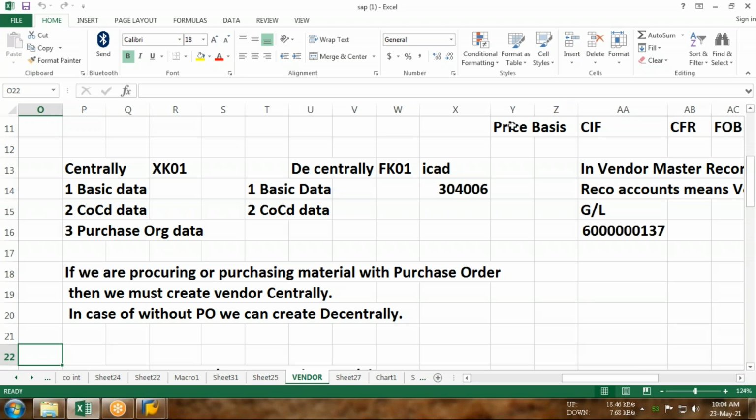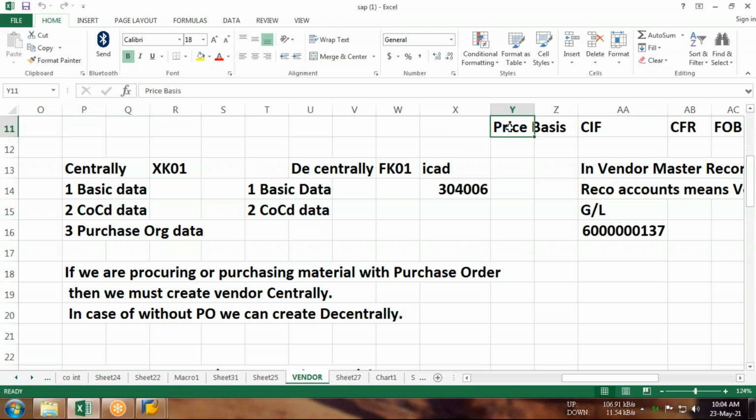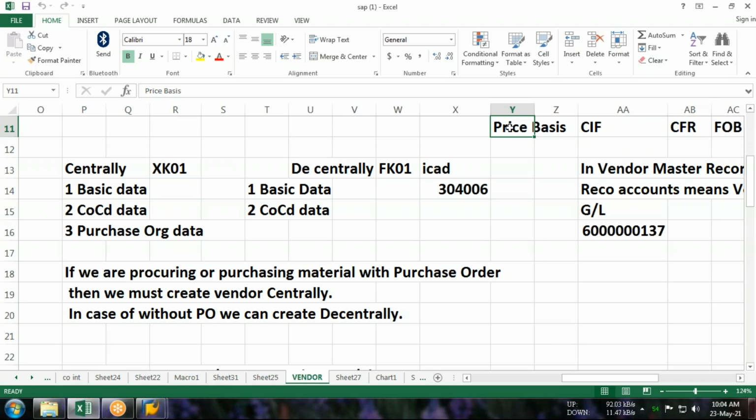So guys, price basis. What is the meaning of price basis? So if the vendor has quoted that the vendor will issue the CIF challan or CIF bill, CIF means that vendor will maintain the cost of the product or cost of the service, plus in case of goods, insurance amount, transit insurance. I hope you guys all know this term. What is the meaning of transit insurance or something like that?